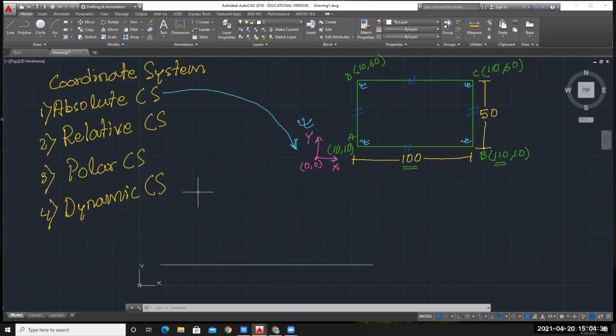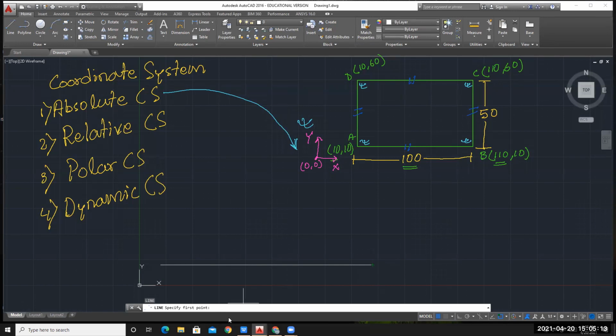Okay, now let's start with our rectangle, line command. I want to complete this. So you can see here one green color symbol is indicating that this is your end point. Whenever you bring your cursor near to the end point of the line, you can see some green color square representing that this is the end point of the line. So you can either start from there, you can click, or you can specify the coordinate values.